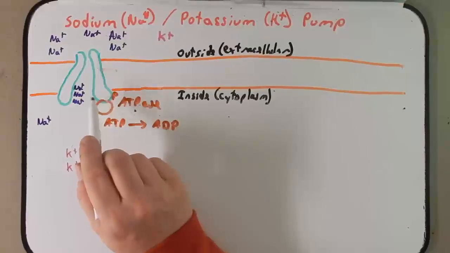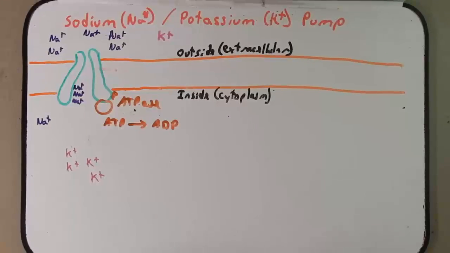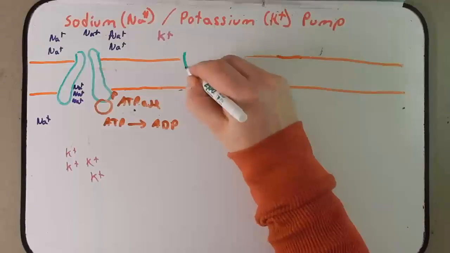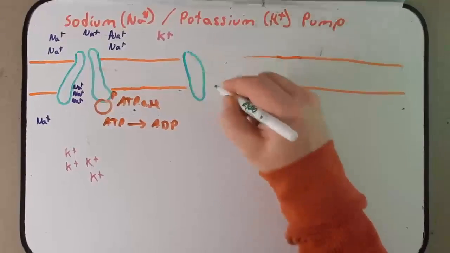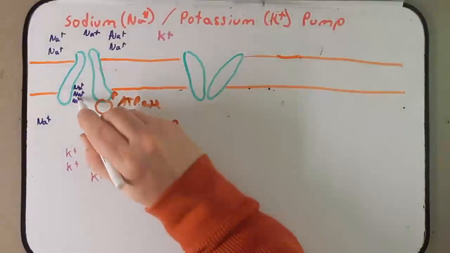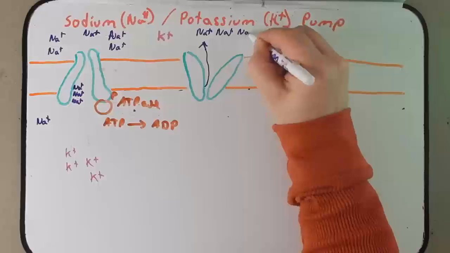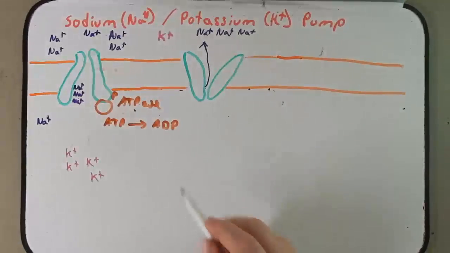This causes a conformational change of this pump. And what happens is this channel will now open up in such a way that the bottom part now closes off, and these potassium ions that were right here can now be pushed into the extracellular space, even though there's